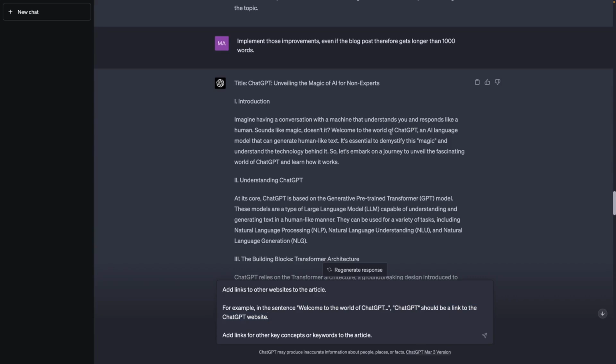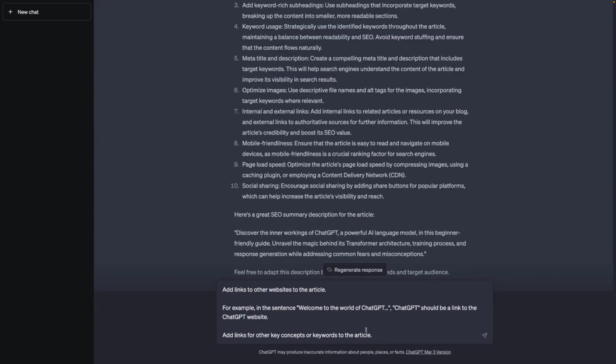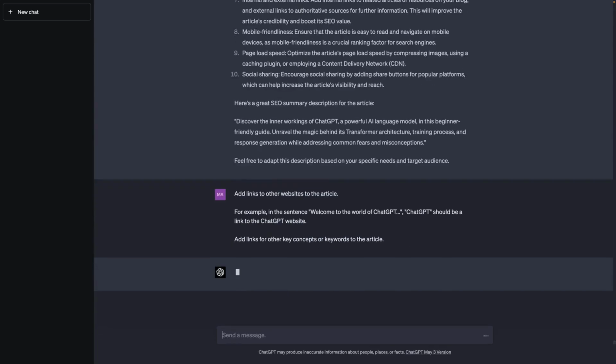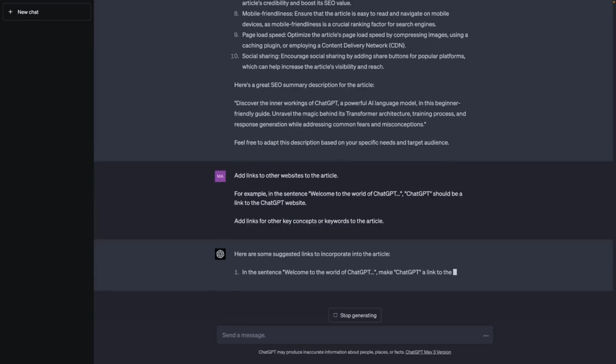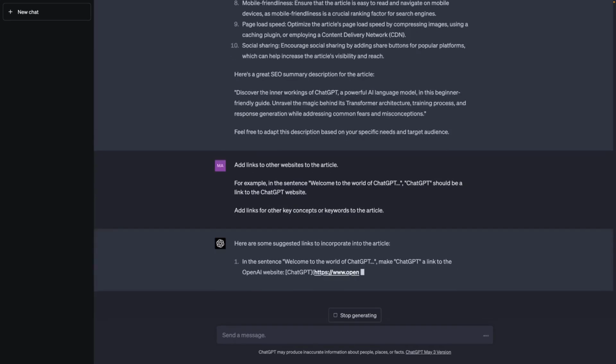And of course, I don't just want to have this link here, but similar links as well, which is why I then also say add links for other key concepts or keywords to the article. So it should not just link this ChatGPT word, but also add more links than that. So when going ahead and sending this message to ChatGPT, it indeed goes back to the article and adds some